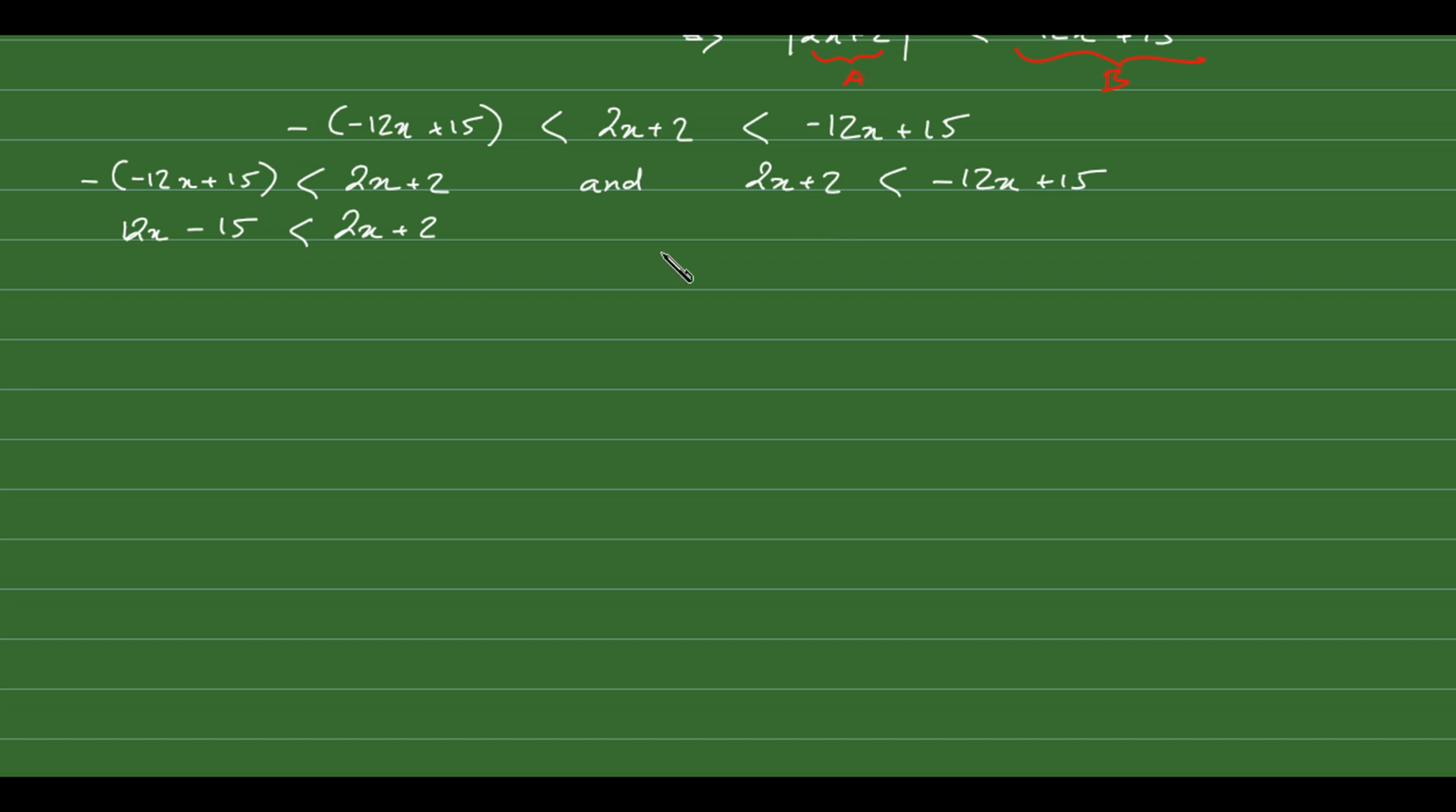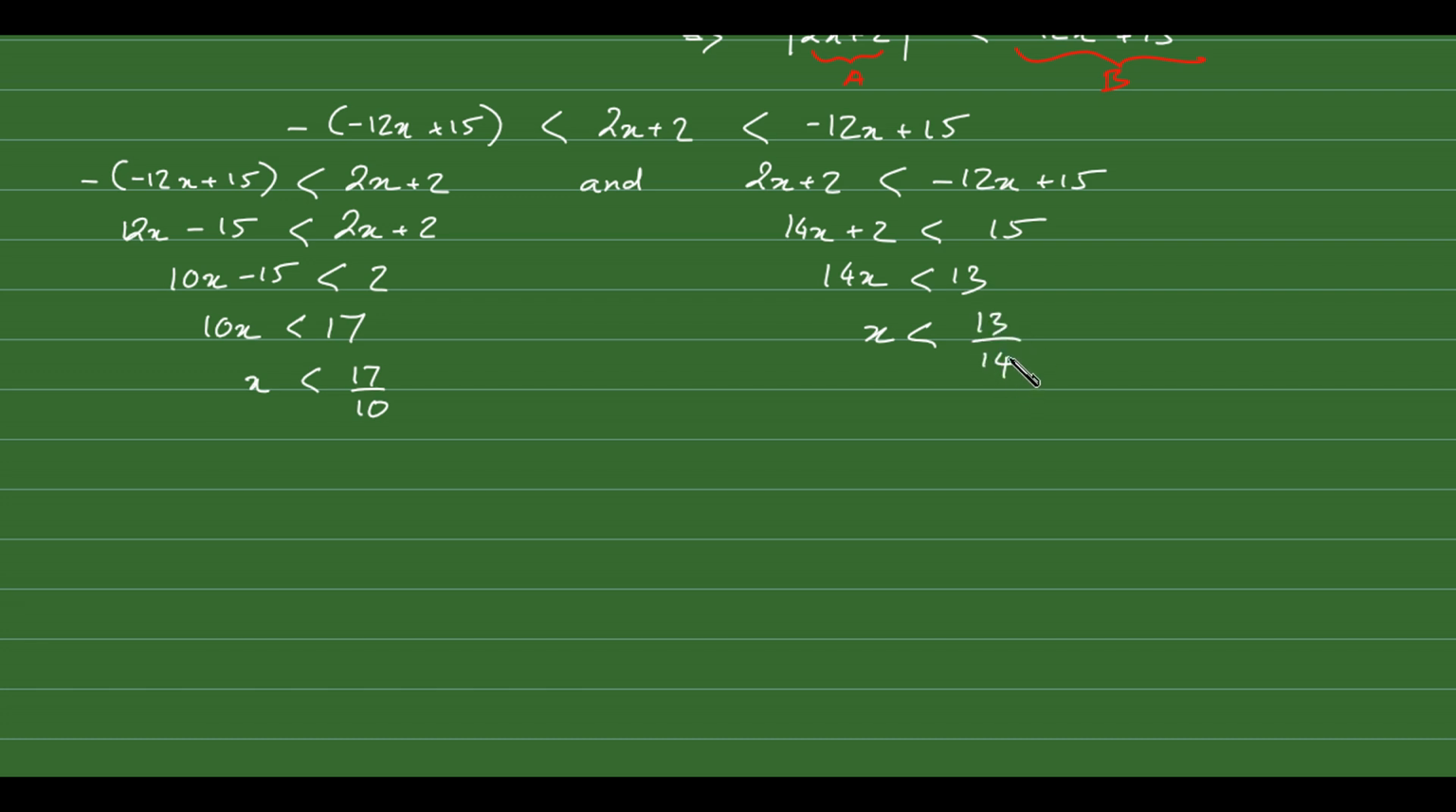And over here I will add 12x to both sides, so I have 14x plus 2 less than 15, right? And I subtract 2x from both sides, so I have 10x minus 15 less than 2. Add 15 to both sides, so I have 10x less than 17, right? And divide both sides by 10, so I have 17 over 10. I subtract 2 from both sides over here, so I have 14x less than 13. Divide both sides by 14, so I have 13 over 14. Okay,